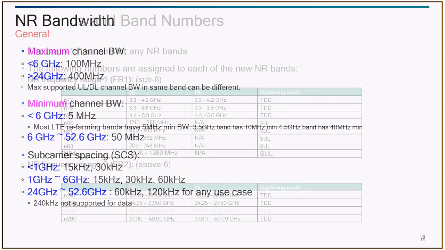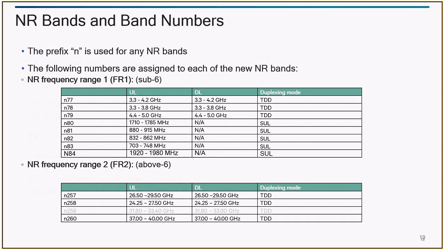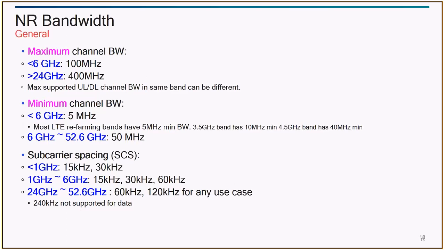So it can aggregate until 400 megahertz is what you're saying? Aggregate or one channel? No, because in LTE also we can have like 31 CA, right, with 20 megahertz. Correct. But one channel, the maximum one channel in NR is 100 megahertz. Then you can do a CA between FR1 and FR2. So then you can do 100 plus 400, which is 500 megahertz, or something lower than that. I mean, you can have one channel of 400 megahertz.